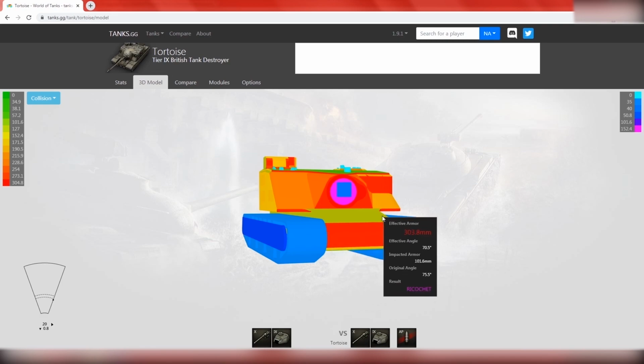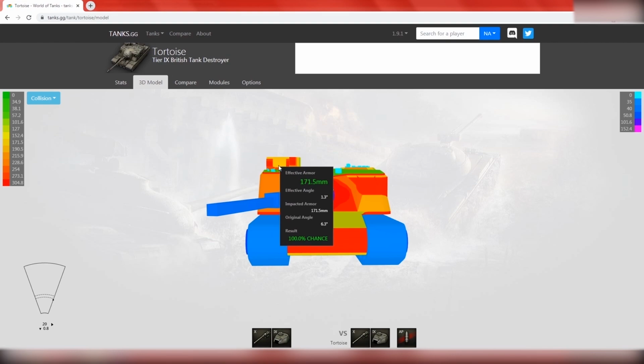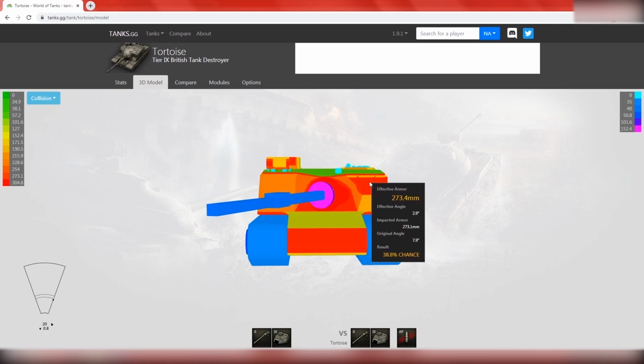But the tank has two main weak points. The first one is up here, the cupola or hatch, call it as you want. It's so easy to hit this spot that has 175 millimeters of effective armor that you will find yourself going back to the garage in a few seconds if your opponent knows where to shoot you. The other weak point is here, on the right of your frontal armor. It's the machine gun. It appears to be 273 millimeters of effective armor, but for some reason it's penetrated quite